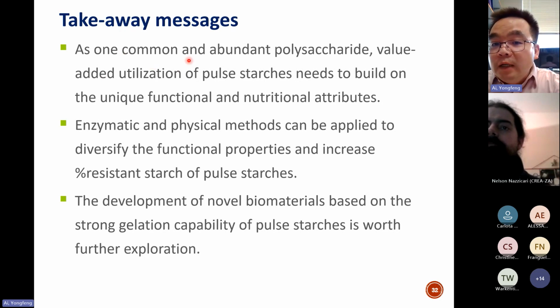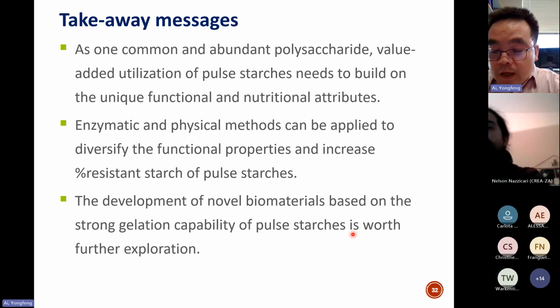Actually, starch is a very common and abundant polysaccharide. So when we talk about the utilization of any starch, we need to look at the unique functional and nutritional attributes of this starch. Then enzymatic and physical methods can be applied to diversify the functional properties and increase the resistant starch content of a porous starch. Also, there is the development of novel biomaterials based on the strong gelation capability of porous starch. I think this area is very interesting, and we will try to secure more funding to look at the future